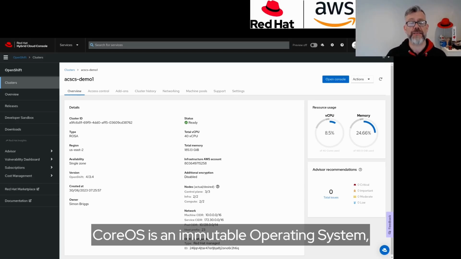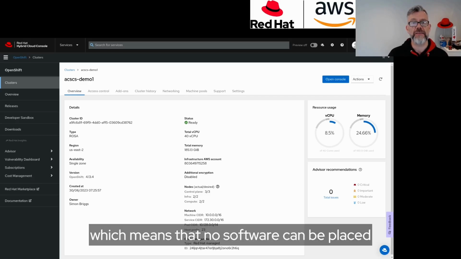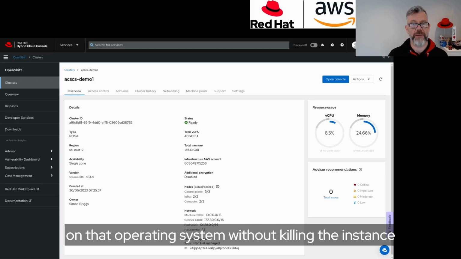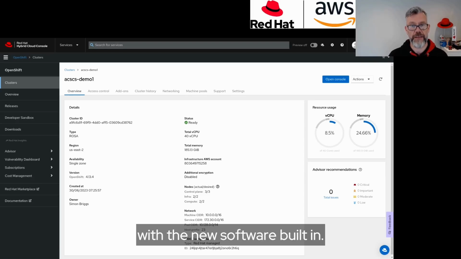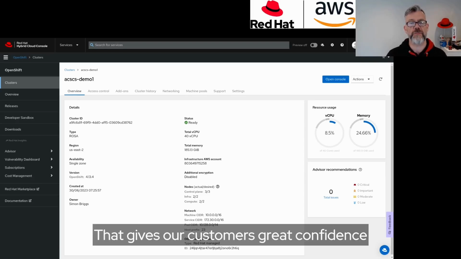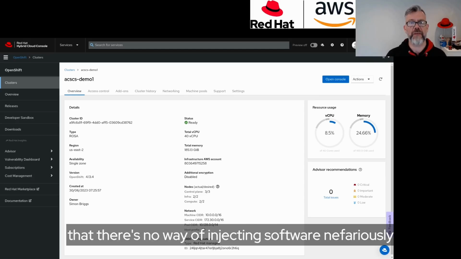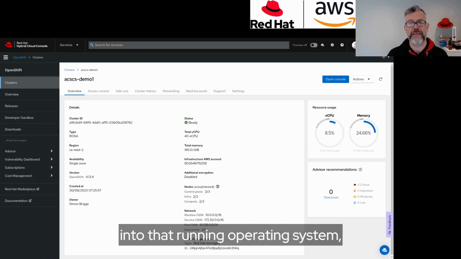CoreOS is an immutable operating system, which means that no software can be placed on that operating system without killing the instance that's running and restarting a new one based on an image with the new software built in. That gives our customers great confidence that there's no way of injecting software nefariously into that running operating system whilst